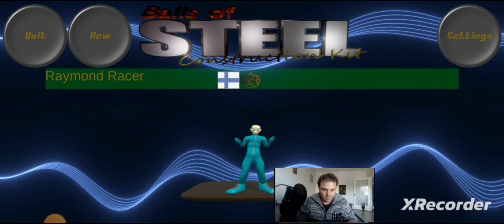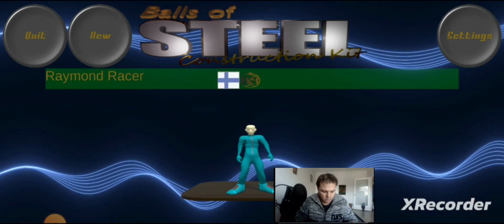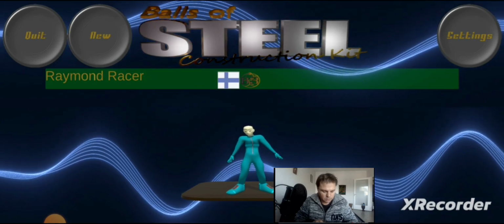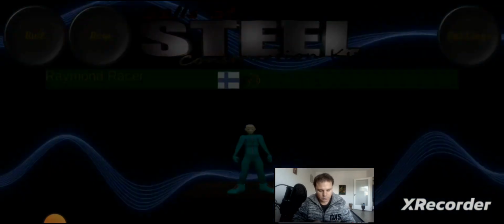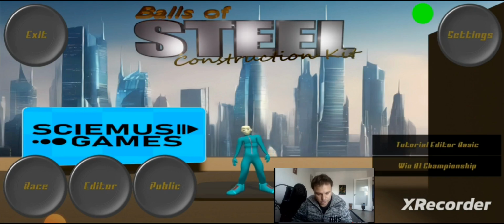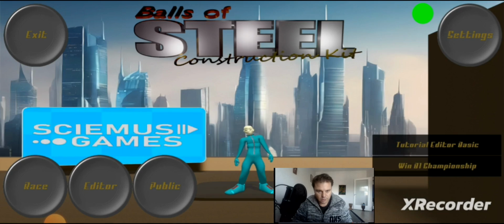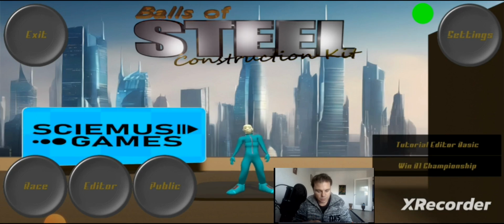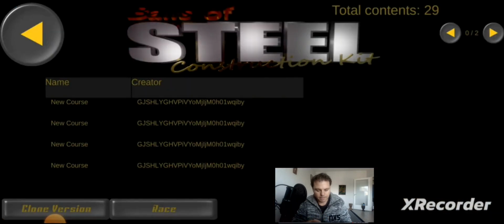Public parts here on the phone, and just select the default dude here. And what you can see now in the top right corner is the green indicator that you're online. And when you're online and you go now to the public, you can actually see that there's total contents 29, which are the tracks that are there in the user generated content system cloud of Unity,